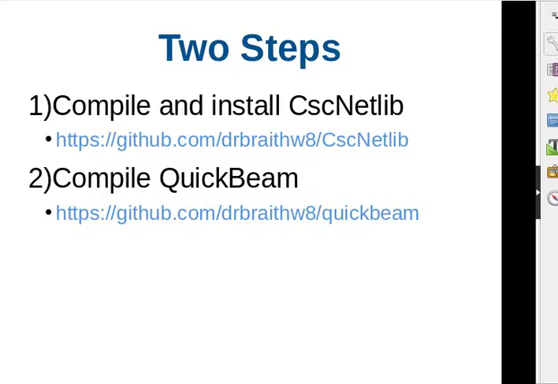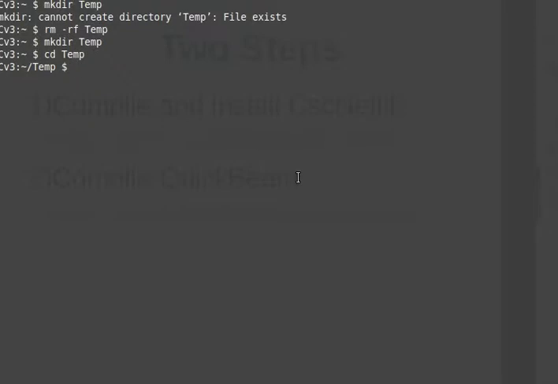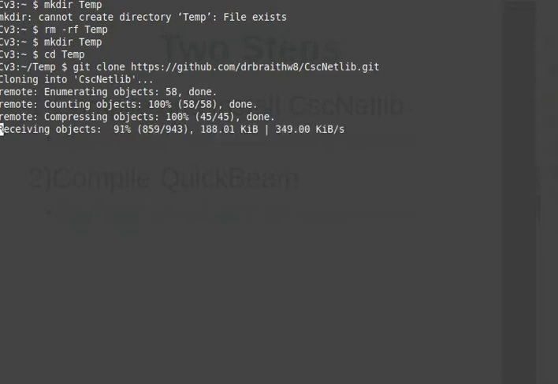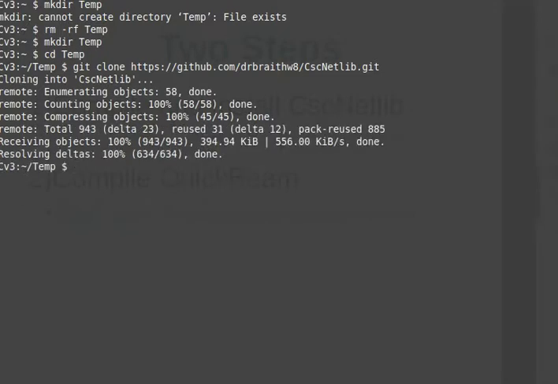So having copied the URL to the repository, I can then say git clone, and there's the path to the repository. Okay, let's get CSC netlib. Okay, that's done. So we now have a directory there called CSC netlib,